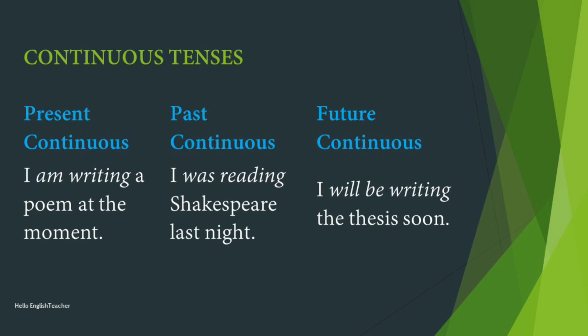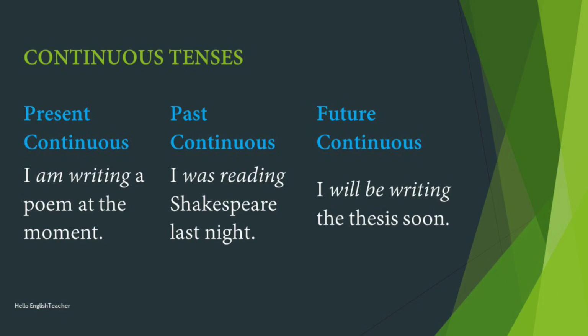One example is I was reading a book when she called. There are two actions here. What are they? Was reading a book and the second one is she called. Which one is past continuous? Was reading is past continuous. And what is the action that interrupted? She called. Because she called, that reading was interrupted. The action that was continuous and was interrupted is called the past continuous verb or the action. So, here, I was reading a book when she called.